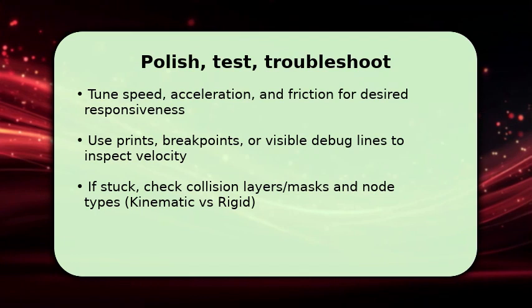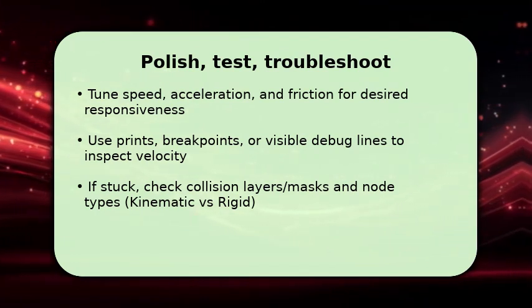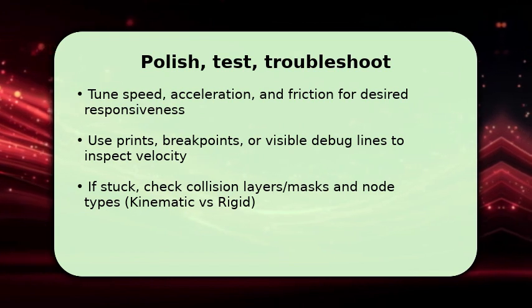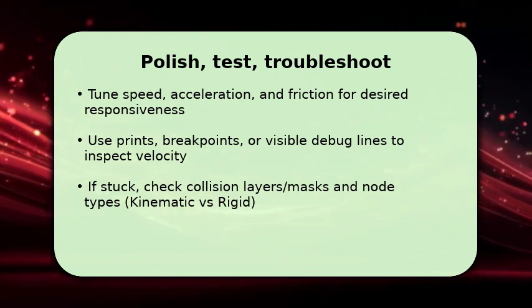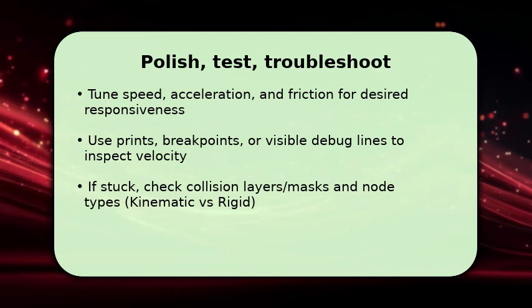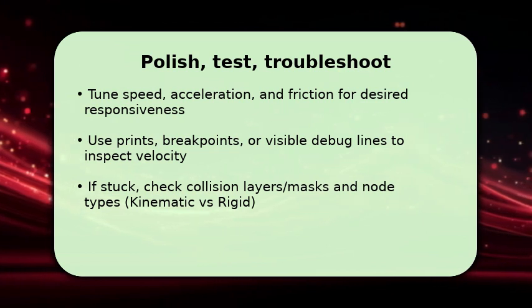Test frequently on different surfaces and tweak acceleration, friction, and max speed until controls feel tight. Add debug draw or printouts to watch velocity and collision states in real time. This reveals subtle bugs. If movement fails, verify collision layers and masks, confirm the node type supports move_and_slide,